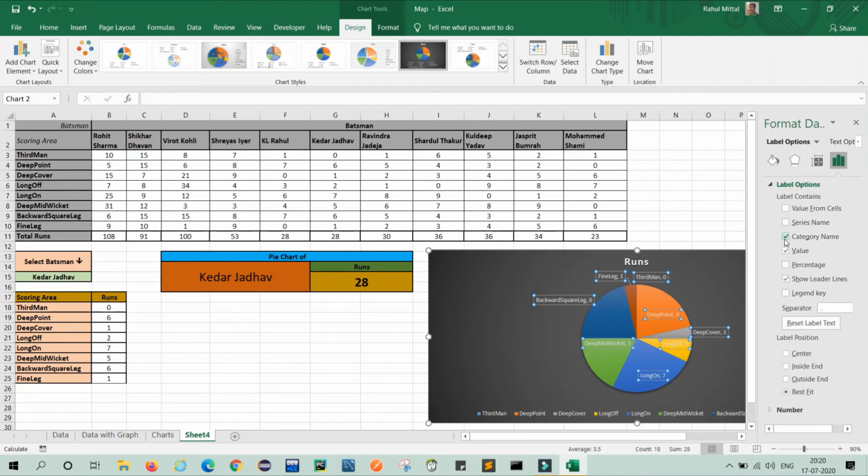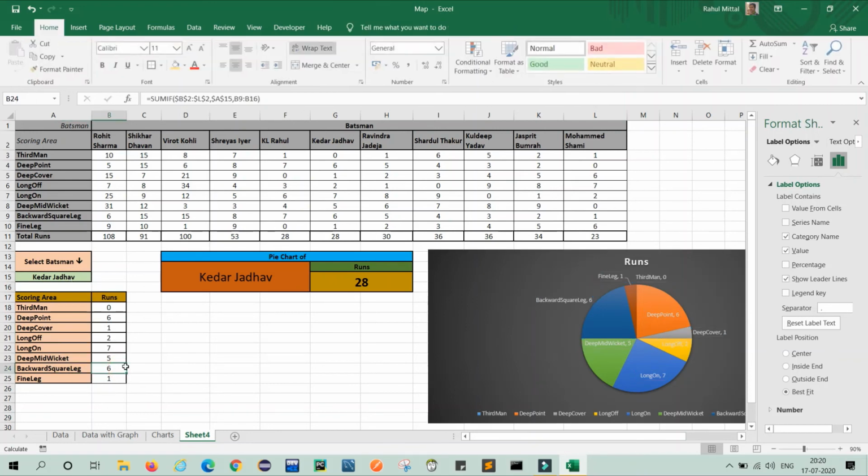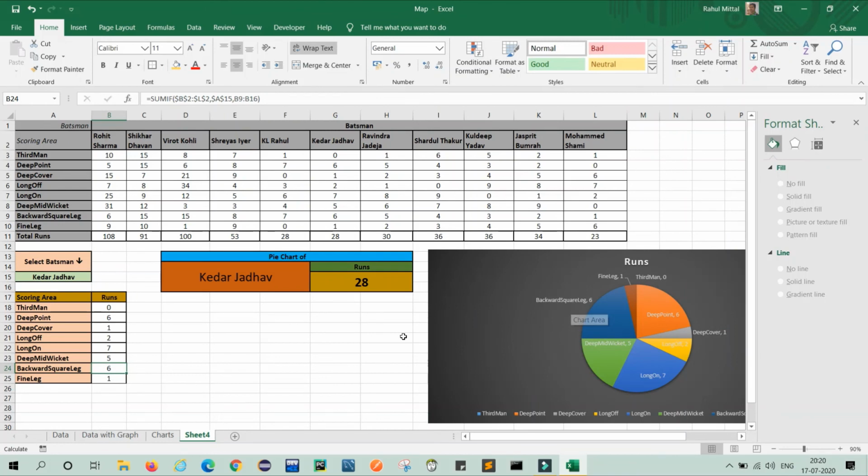If I select category name, then it will show how many runs were scored in which scoring area. Like this shows backward square leg is 6. Here the batsman Kedar Jadhav scored 6 runs in backward square, which is showing here. Similarly, you can play with that data.